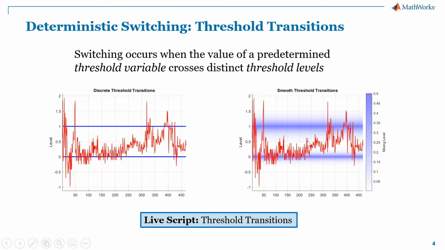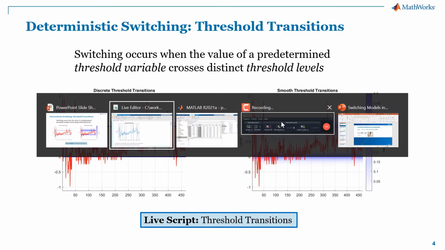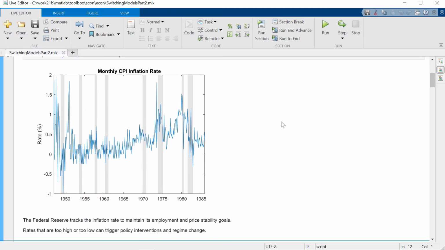We'll also see that it's possible to describe what are called smooth transitions or continuous transitions, where instead of having abrupt changes of state when the threshold variable crosses one of the thresholds, we have a mixing of states, an actual mixing of models as the variable gradually or less gradually crosses these different thresholds. So let's take a look at how we construct a switch for these models.